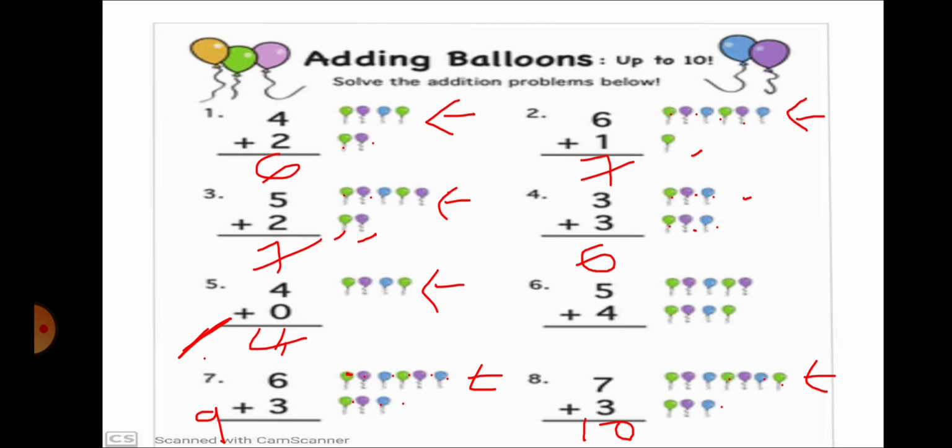My dear students, make practice of addition at your home. As I told you previously, addition will become more and more helpful in day-to-day life. Okay, so definitely make practice about that at your home with the help of your parents. I'll give you worksheets for that, and also in the next lecture inshallah we will make more practice about addition.